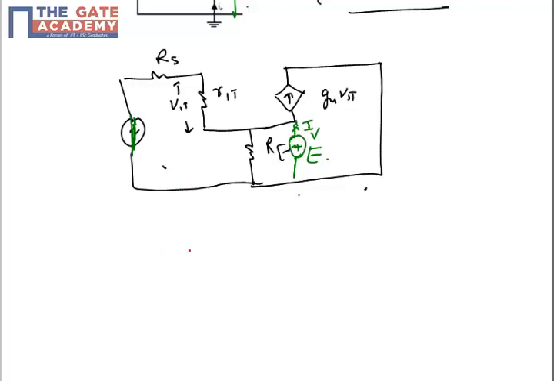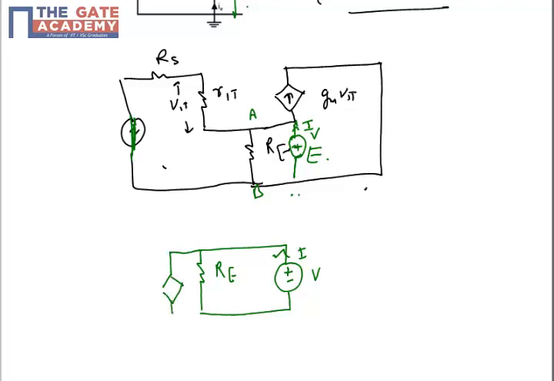Let's redraw the circuit. So I have a Re. Across the Re, I have a voltage source which I have just assumed as V, which is emitting the current I. Then I have this Re, connected from A to B. I have this dependent source which is also connected between A and B, with the current moving away from the Re, and the value is gm Vpi.